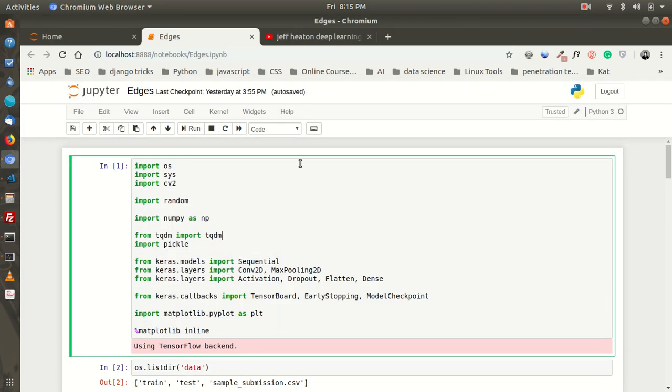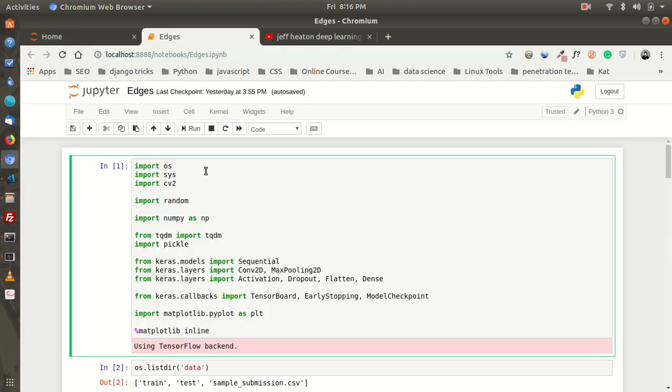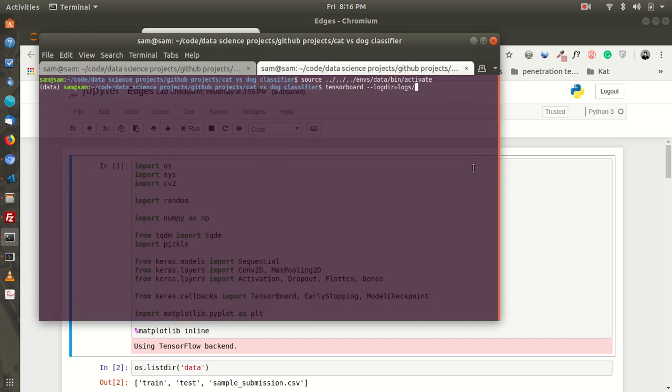So here I'm opening one of the few Jupyter notebooks that I have for this project. We'll be working with the edges, colored, and the grayscale. Starting with the edges, the main reason for working with this is that it will allow me to show how you can train a machine learning algorithm using only the edges. To show you how the edges will look, let me